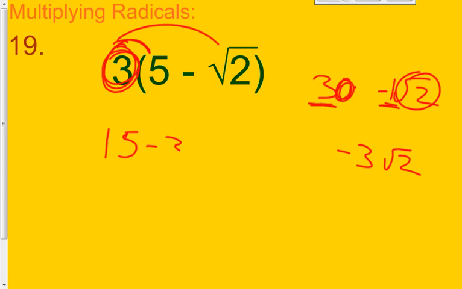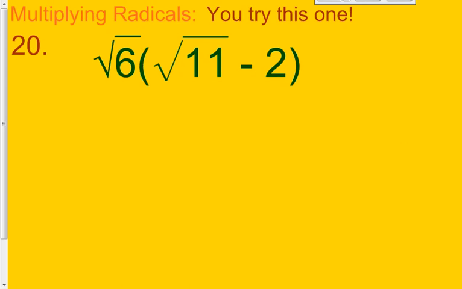15 minus 3 square root of 2. So basically, if there's no radical next to the 3, you just tack on the square root of 2 with it. So it's 15 minus 3 square root of 2. So if you guys try this one, pause the video,